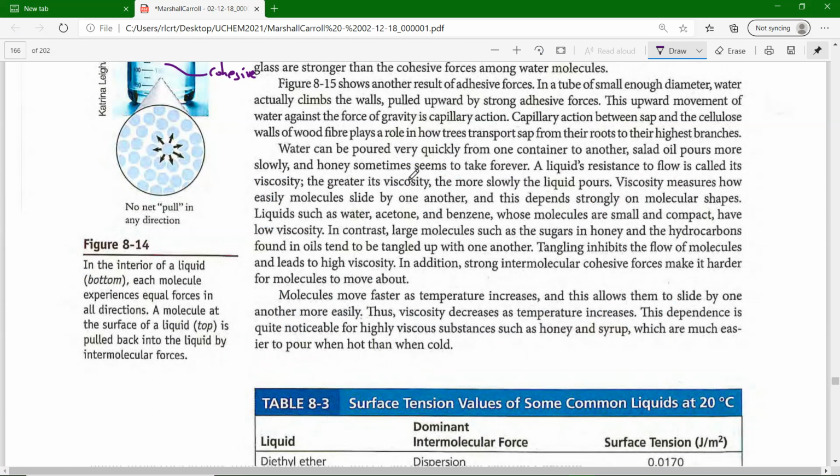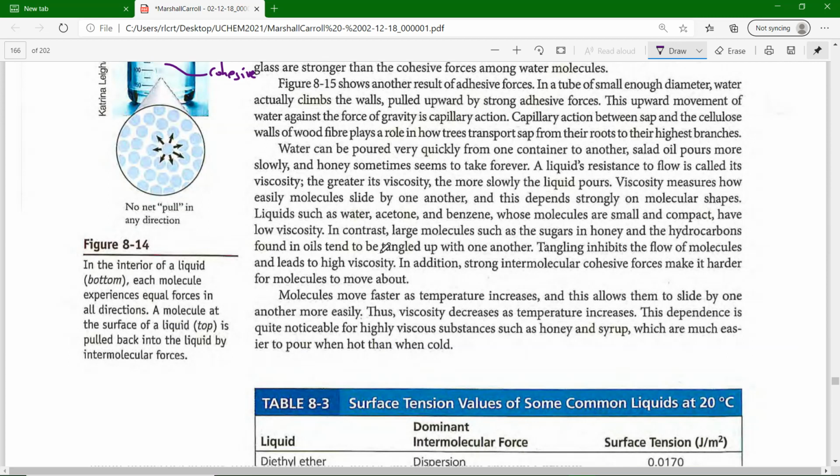Viscosity. Water can be poured very quickly from one container to another. Salad oil more slowly, and honey takes forever. Well, forever is a long time. Viscosity measures how easily molecules slide by one another. This depends strongly on molecular shapes. Water, acetone, and benzene, small and compact, have low viscosity. Large molecules such as sugars and honey, hydrocarbons, and oils get all tangled with each other, so it takes longer